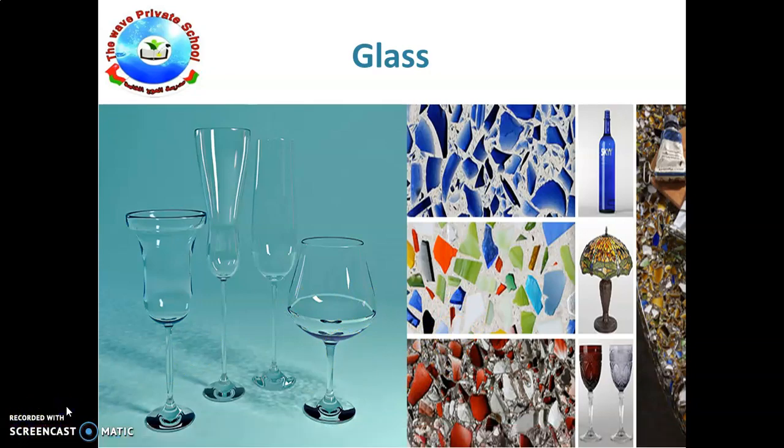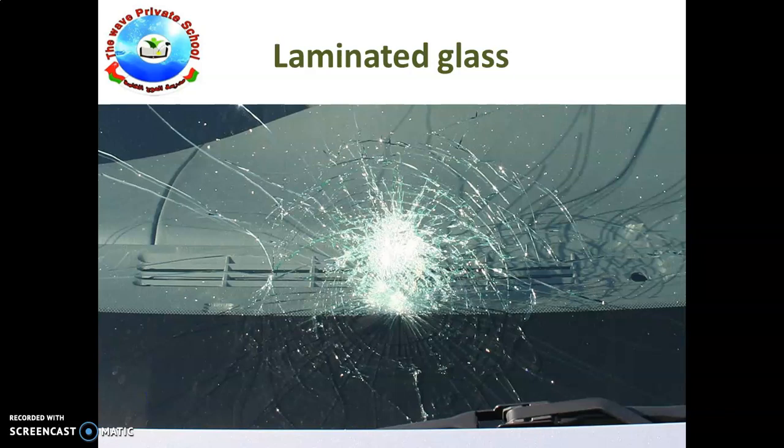But glass also has some disadvantages. We say we can use glass bottles for safe usage, but this also has a disadvantage because it is very heavy in weight, and it can also break easily. This is a disadvantage of glass. And some glass is treated so that it can be heated without breaking.